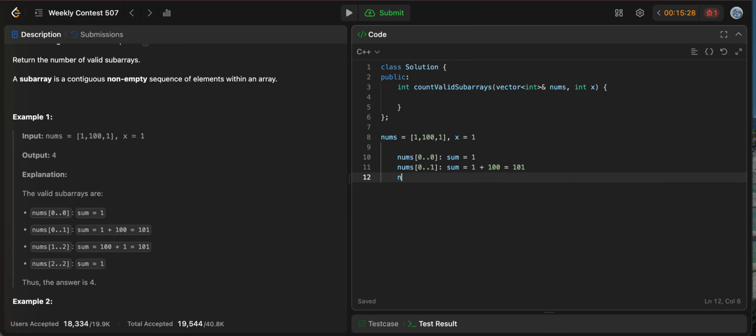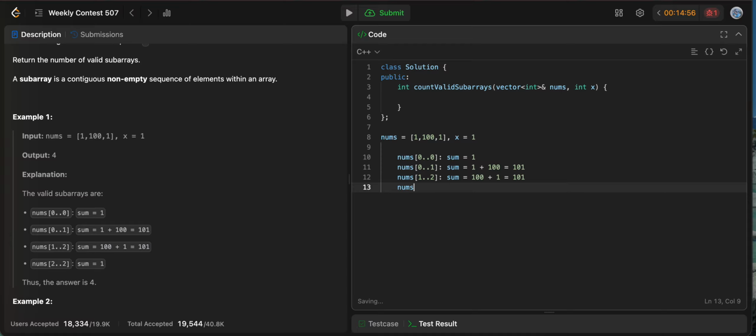Then nums 1 to 2: take 10 and then 1, so the sum is 10 plus 1, which is equal to 101.